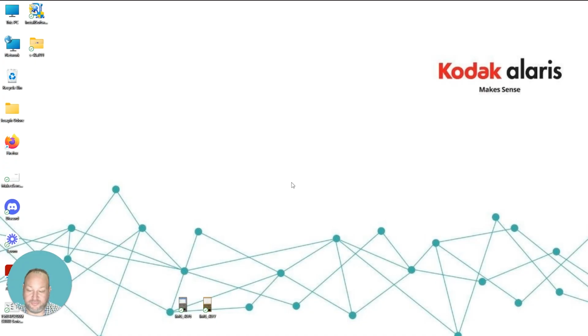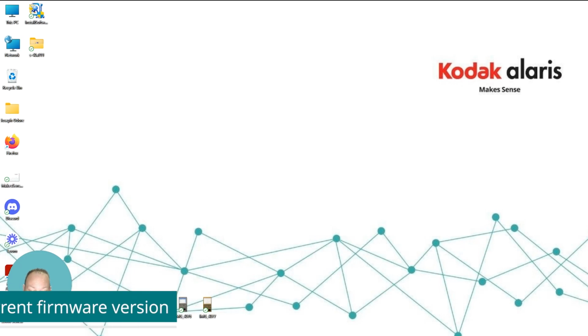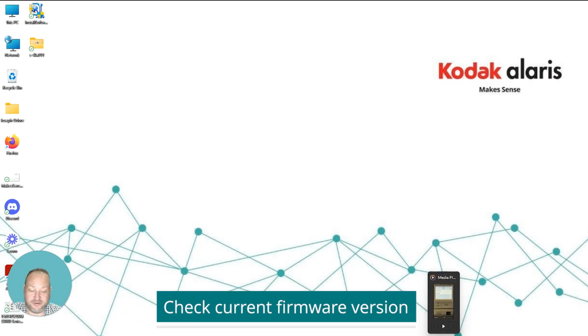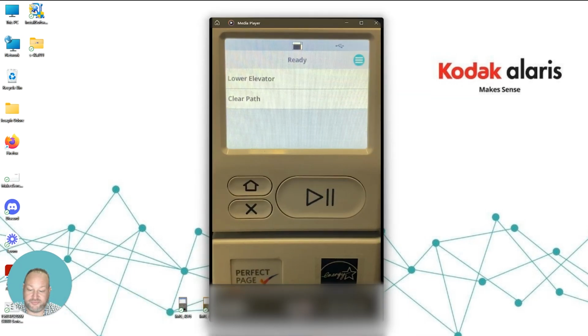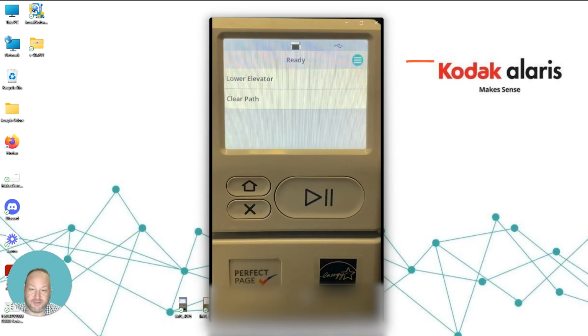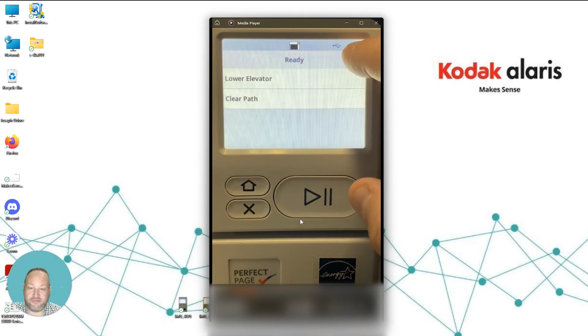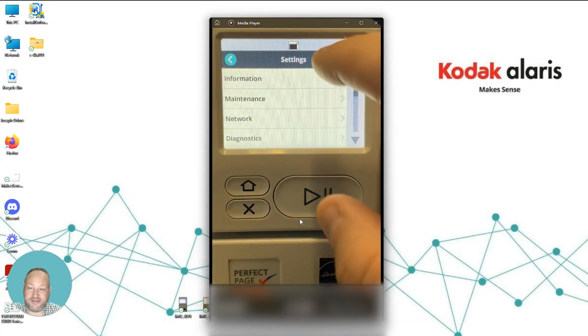Now before we download the firmware, what you want to do is check the firmware version that's on your scanner currently. What you'll see here on the screen is a picture of our control panel. What you want to do is click on the little round button with little lines on it as the menu. Select that button and then you'll be brought to the settings screen. Select information,